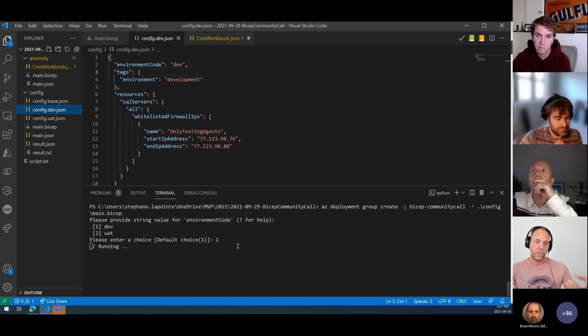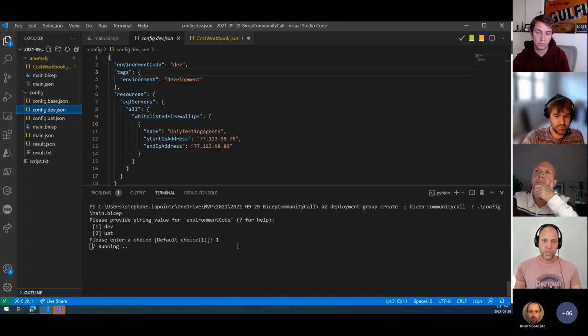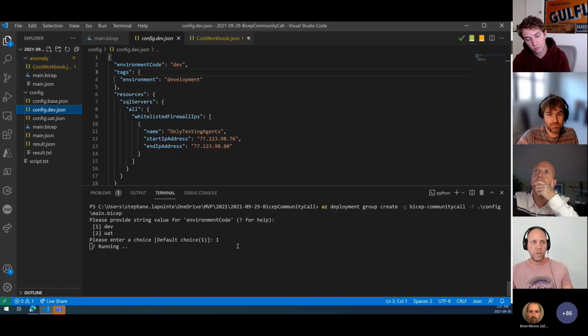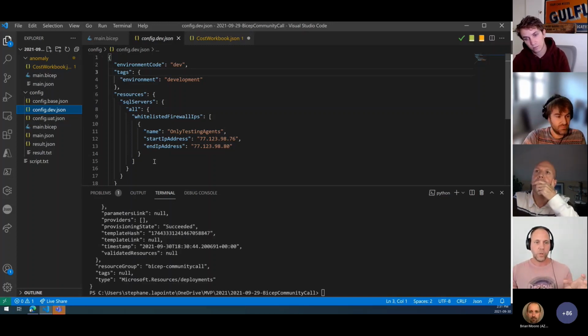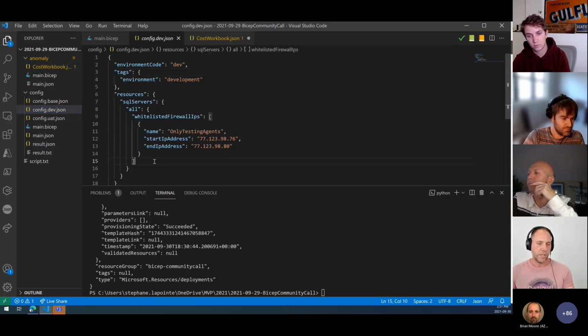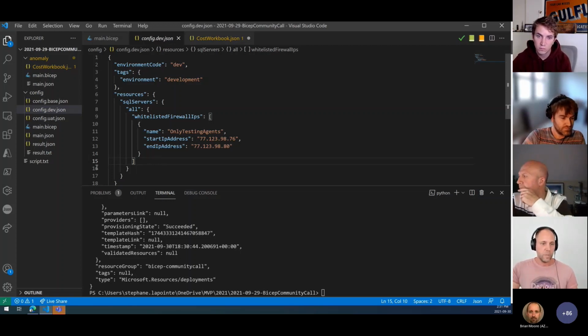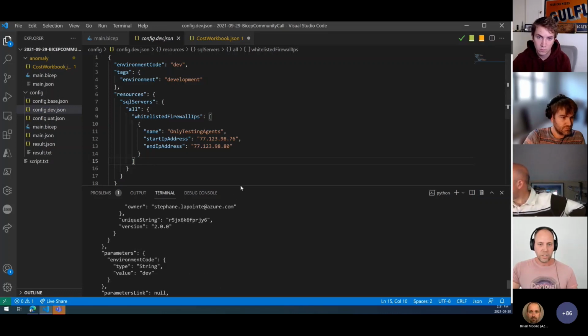It could be loading a raw text file like I just did in the beginning, or use maybe config files and do merging. The only thing, though, you need to keep in mind is that the whole content of the file will be injected into your final ARM template. So just keep in mind maybe the size of it, and if there's any very sensitive information, basically you don't want that in there.